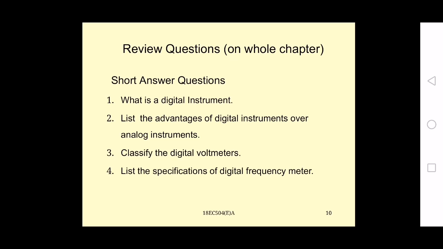But your input is analog in nature, so that input signal is amplified. Whatever the sine wave signal, that is amplified and converted into a square wave by the Schmitt trigger. Before applying it to the AND gate, we are differentiating and clipping, so that we are finally producing the train of pulses.